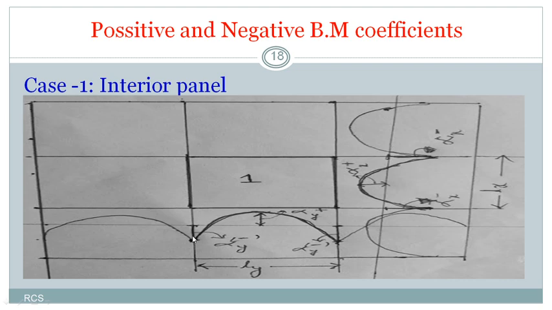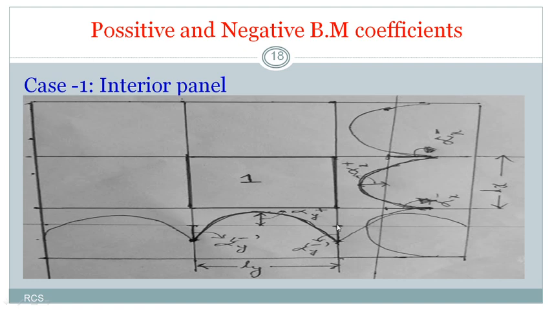So see, at the edge, at the support of the slab, we have a negative bending moment, that is alpha y negative, and at the midspan of the slab we have a positive bending moment. So from this we have two values for y, that is alpha y negative and alpha y positive here in the Ly direction. And similarly, if you draw a bending moment diagram in the shorter direction, that is the Lx direction, in this direction also this slab is continuous, so the bending moment diagram will be like this here.